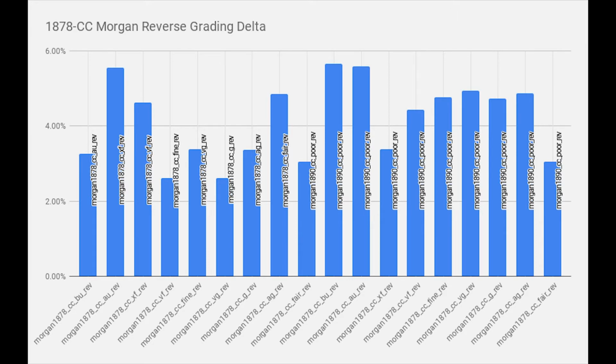And if you look at the analysis for good compared to almost good, in this case, the reverse was a little easier to distinguish. It was nearly a 4% delta instead of just a 2% delta, so almost twice as easy to distinguish the differences on the back side of the coin. And again, more analysis for the rest of the coins between each grade, and then comparing each grade with